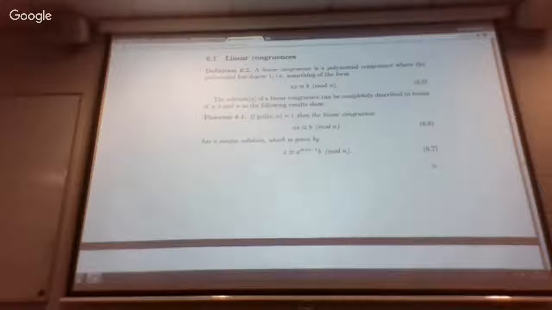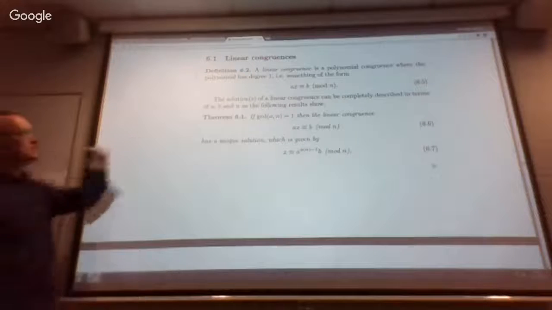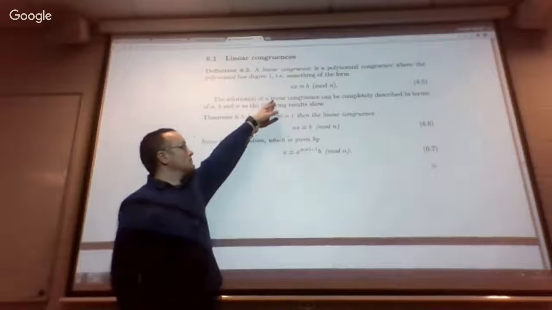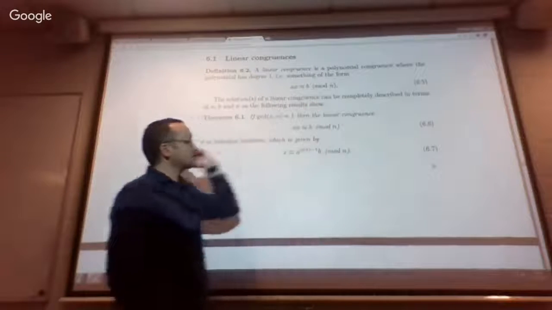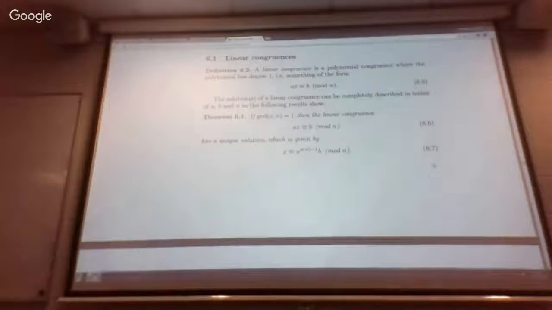So what we were doing last time, we were studying linear congruences, which are problems of the form ax congruent to b modulo n. And this is our simplest case of the general problem of solving polynomial congruences. So we got to start with the simplest case and understand that well, and then we'll tackle more general cases. So we have 3 separate results on this. First one dealing with,